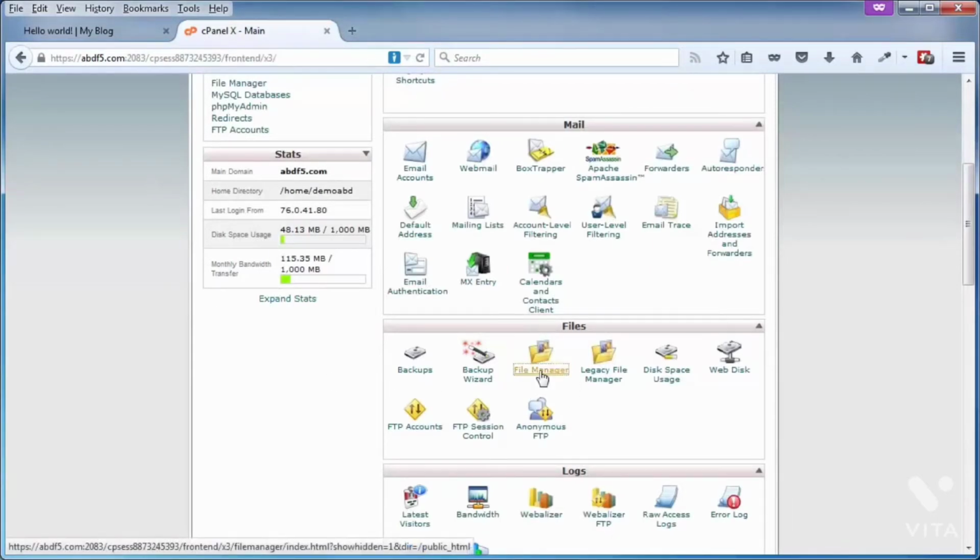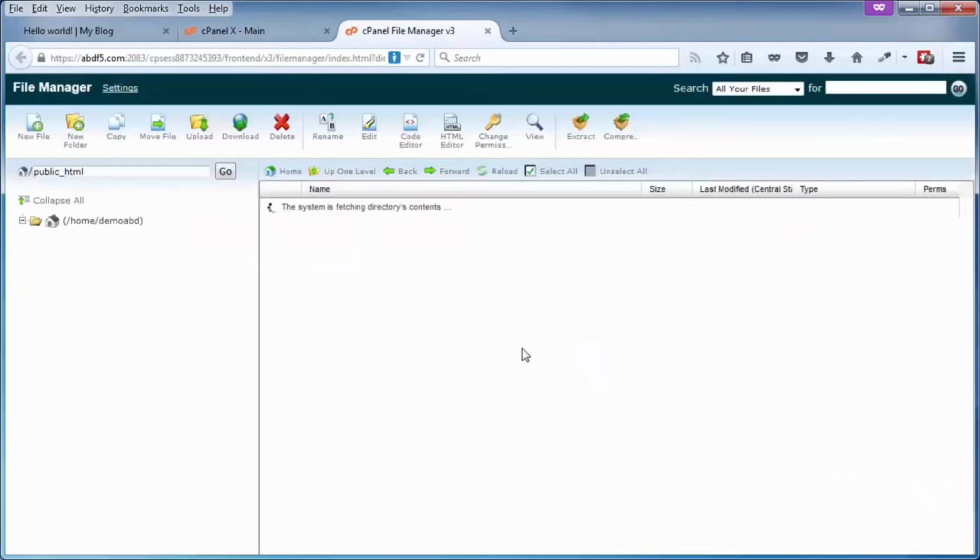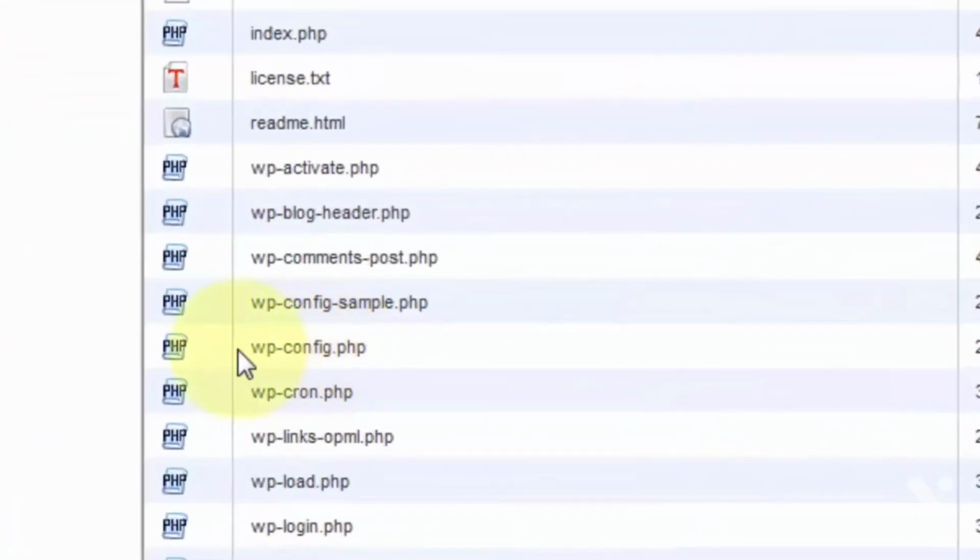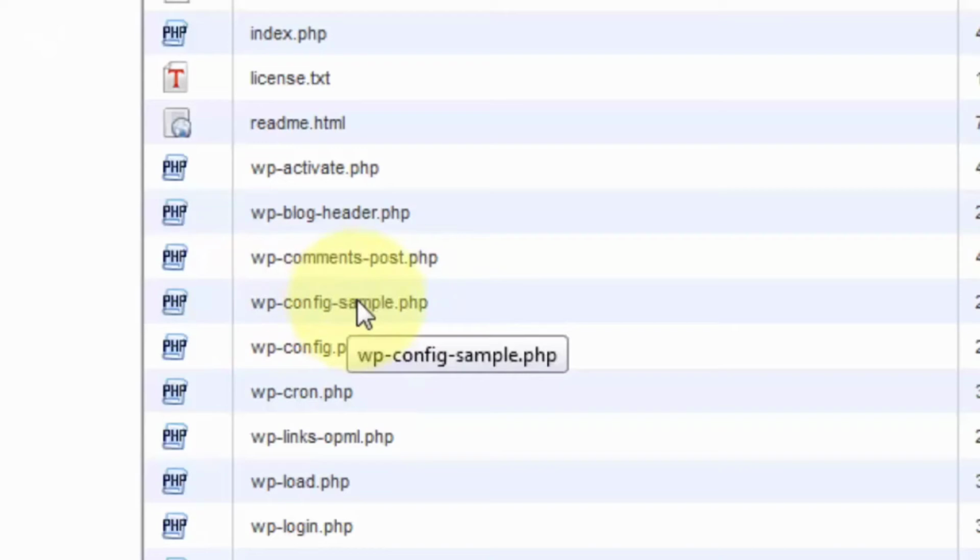You can do pretty much the same thing if you are using something like FileZilla or an FTP client. But for me, it's just a lot easier to do it within File Manager of my cPanel control panel. So I've already logged into cPanel, click on File Manager, and here is the wp-config.php file. Now we're not talking about the one that has -sample in it. That's basically just trash right now. We could just delete that and not have to worry about it, but we'll leave it alone for now. The one we're going to be moving is right here,